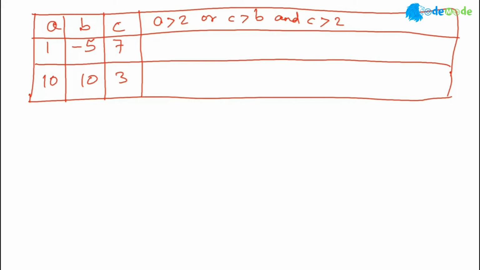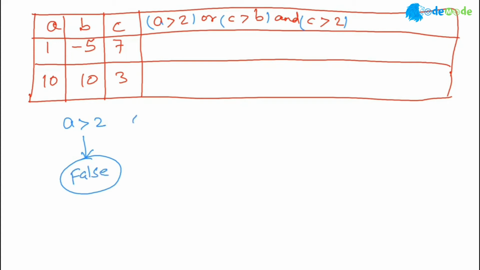First thing you'll notice is that right now there is no parenthesis. So it's a good idea to add parentheses just to be on the safer side. This way we don't make a mistake and we look at individual conditions. The way I solve this is, I say A greater than 2. Is A greater than 2? A is 1. Is 1 greater than 2? No. So this evaluates to false.